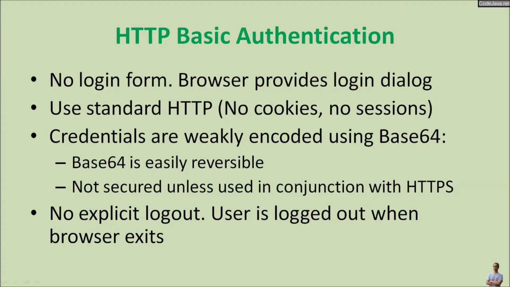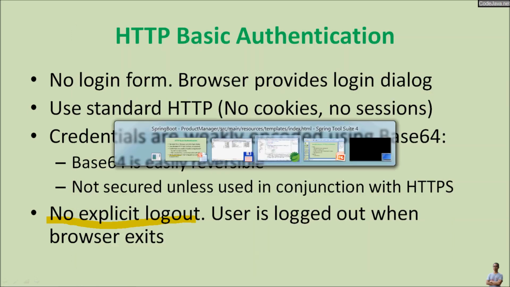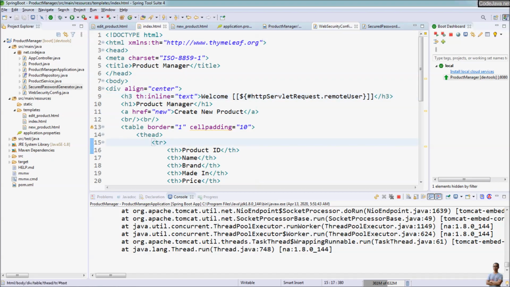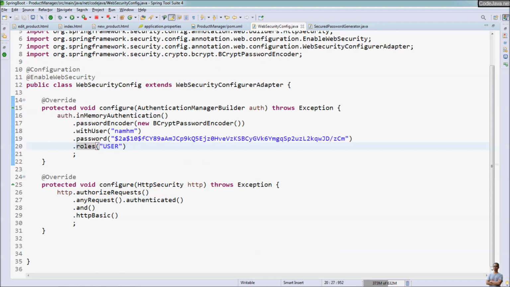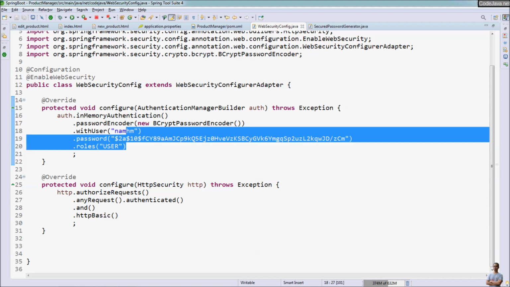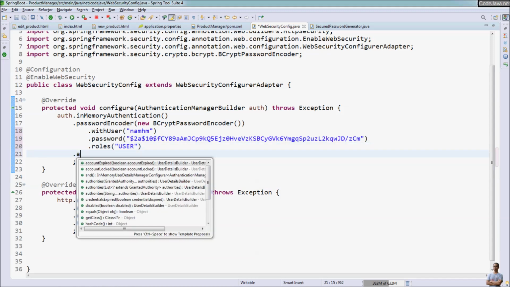As I mentioned previously, with HTTP basic authentication, there's no explicit logout, and if we want to log out, we need to exit the browser. So close this browser to exit. And in the project, let's try to create a second in-memory user. In here, this is the first user, and the second user